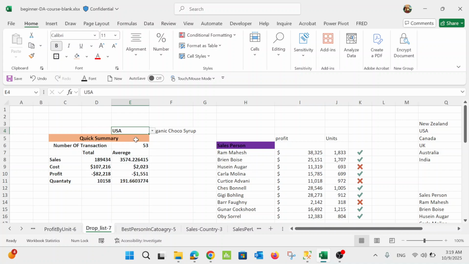If you see here on this side, and on this side we see the salesperson. Also we use formulas to get us the sales, the profit and the number of units. If the number of sales does not exceed the average or whatever our expectations are, so if we don't get the